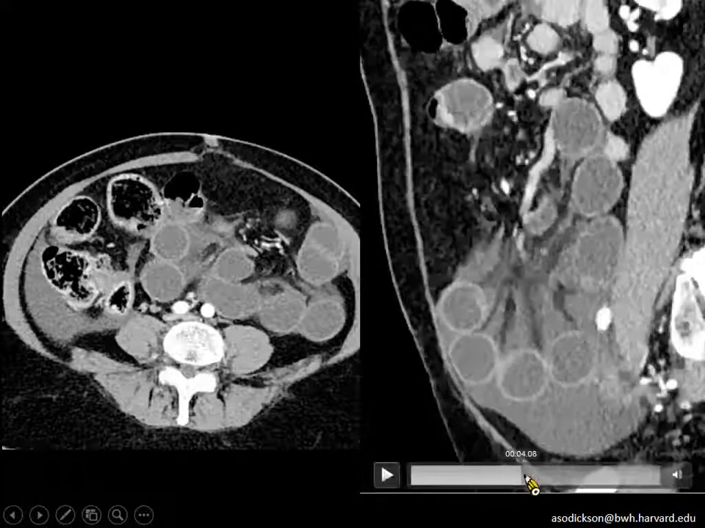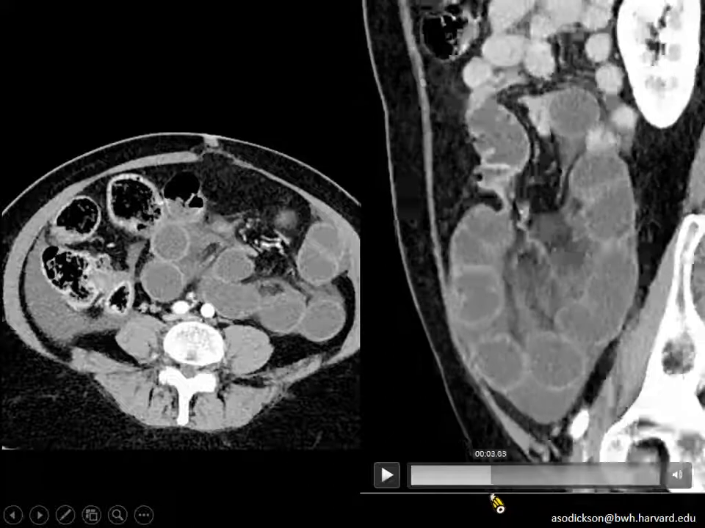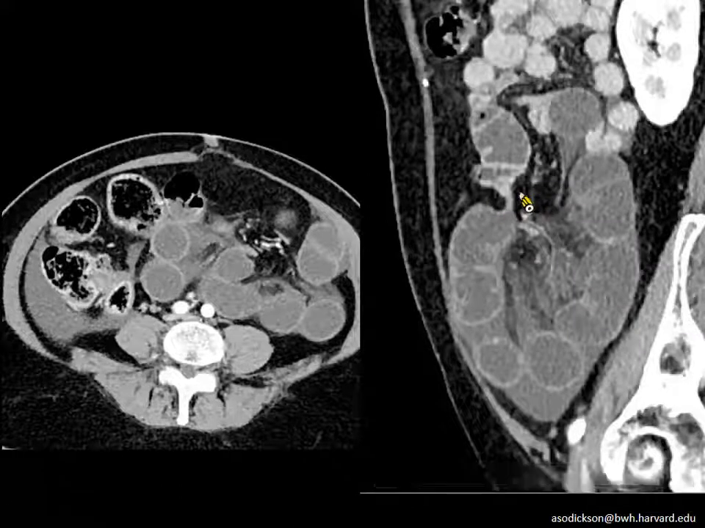That's one. And on the other side, here is number two. You can see this transition point from distended to non-distended. Both of these transition points right next to each other. Internal hernia, volvulus around an adhesion,